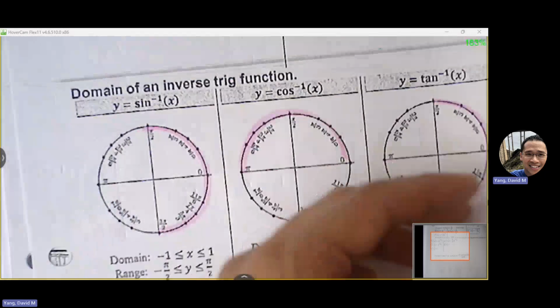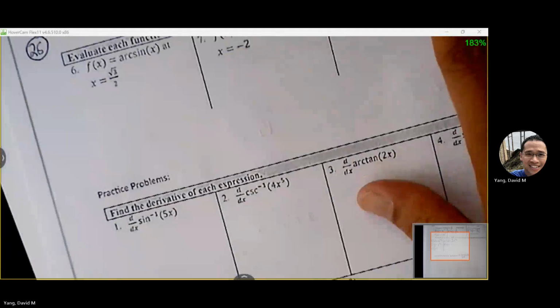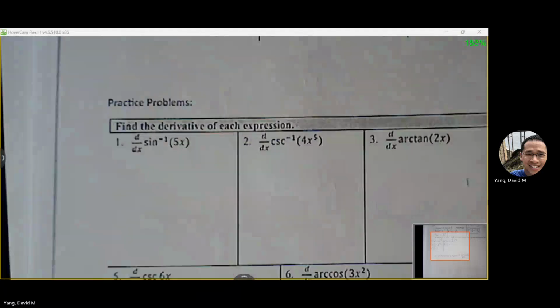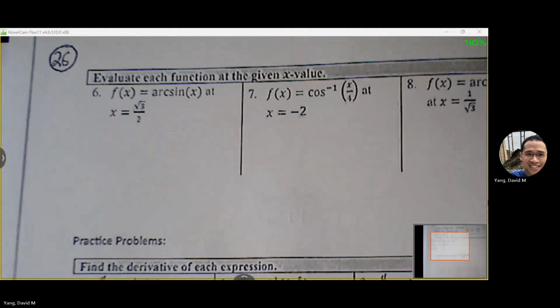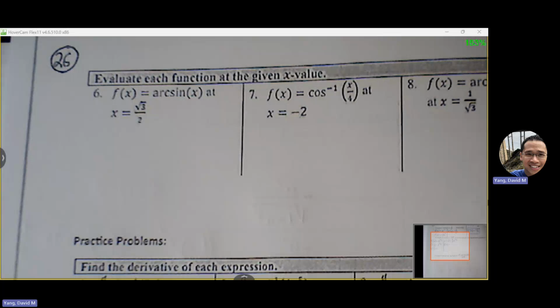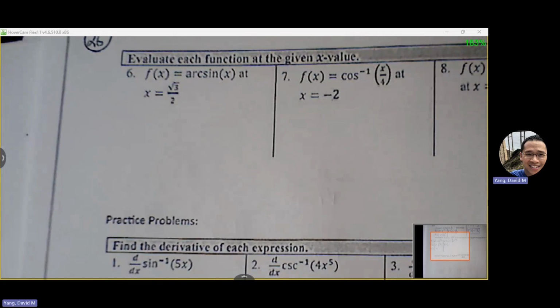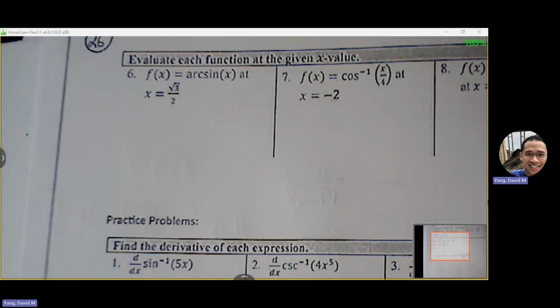Okay, evaluating each function at a given value. So first we're going to find f prime, and then from f prime we can plug in our x value and then use inverse trig to get us to our answer. So first, sorry, it's just evaluate the function. So we're just going to practice evaluating the function. So